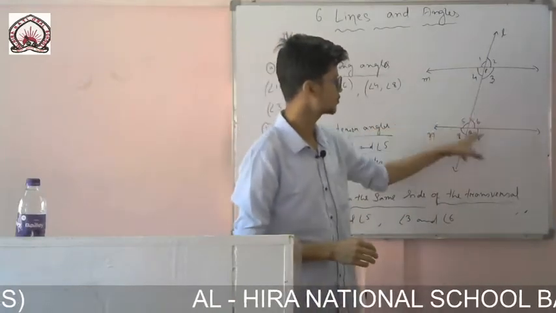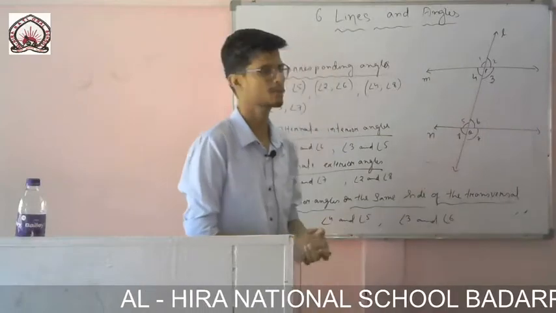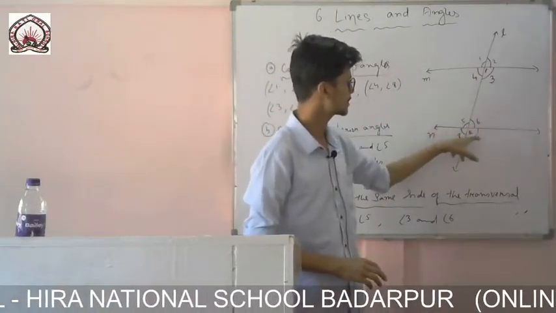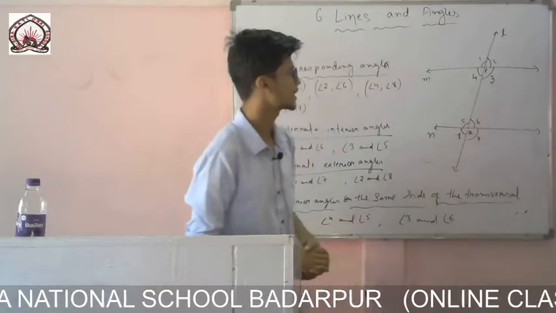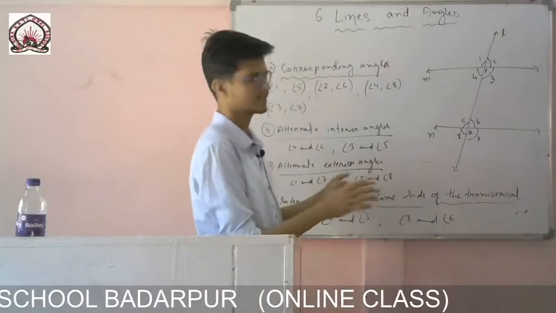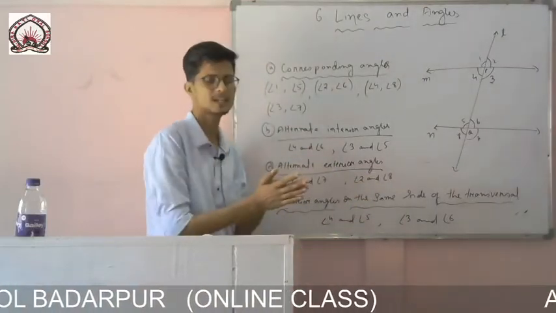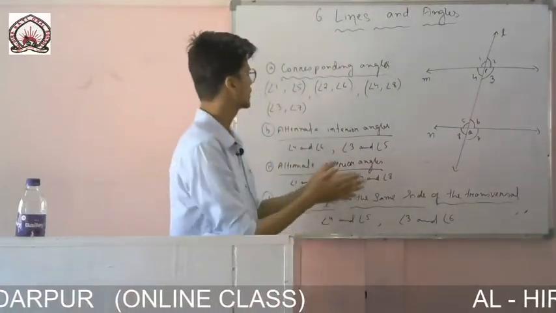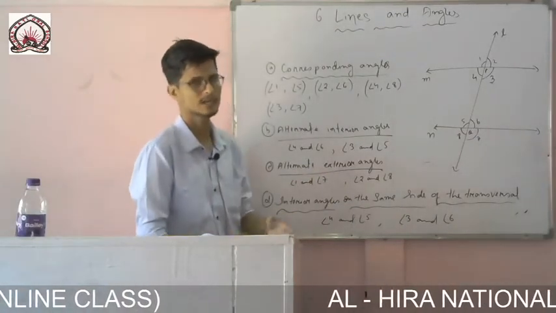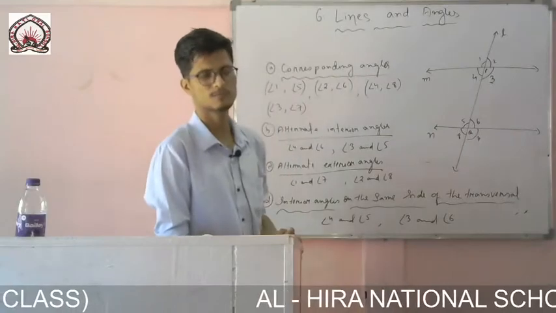intersects two parallel lines, if it passes through the two parallel lines, then there will be 2 points of intersection. I have named them P and Q, okay. So you see here some angles are formed, and they have some co-interior angles, we say these are supplementary, then corresponding angles, then alternate interior angles, alternate exterior angles, okay, many types of angles are formed.